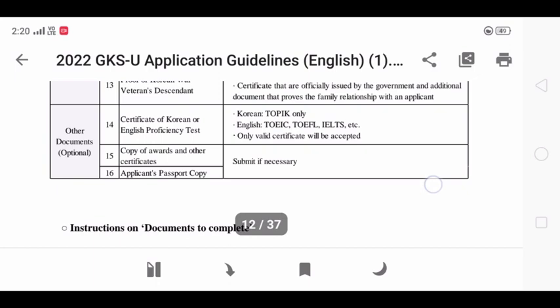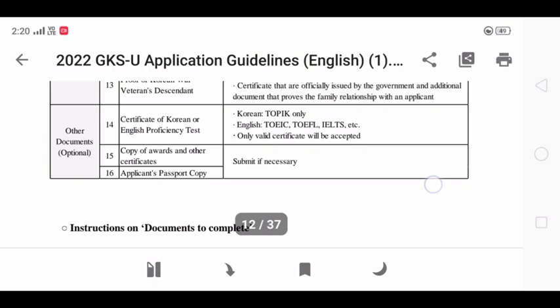Then again, they have mentioned the applicant's passport copy. This is also optional, but as you all have a lot of time, with September being next year, it's quite a lot of time. So I will advise you that if you are serious about studying in Korea and seriously planning to apply for the GKS scholarship, it will be very great if you have your passport.